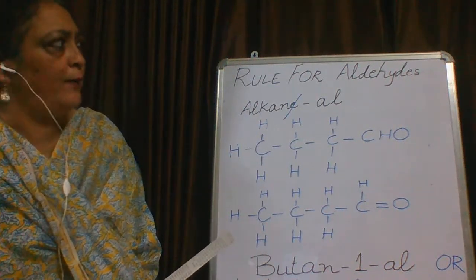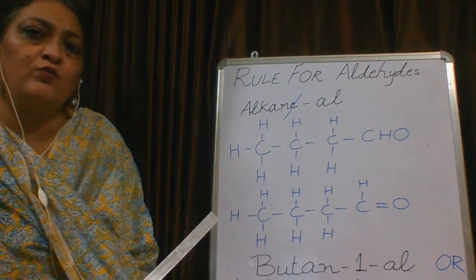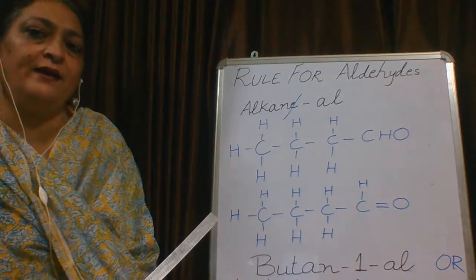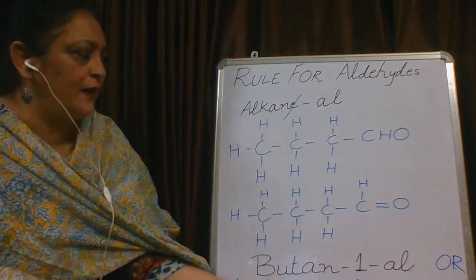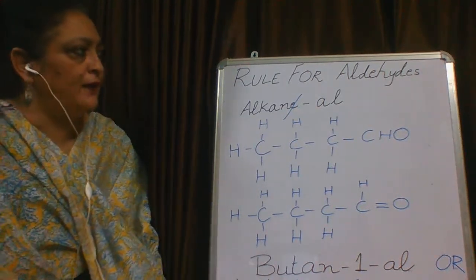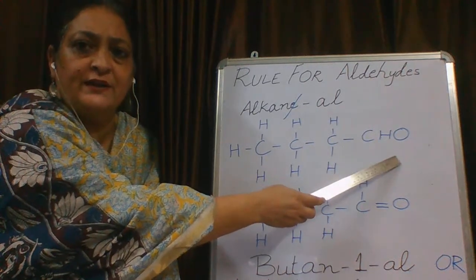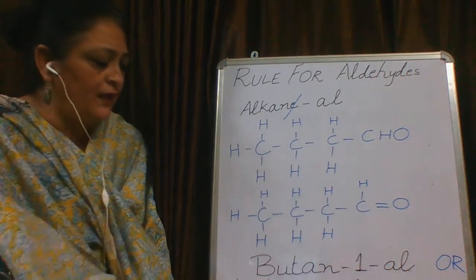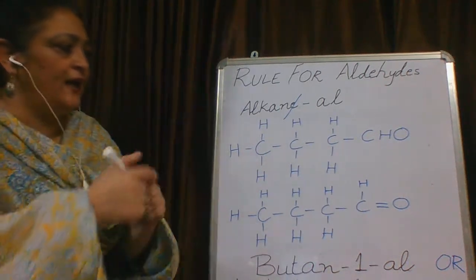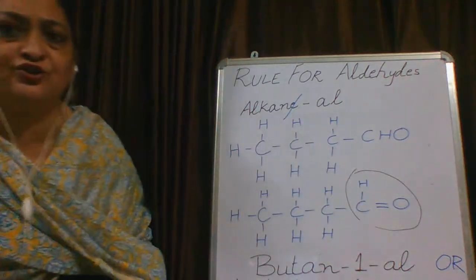In this video, I am going to teach you how to name an aldehyde. Actually, what is an aldehyde? Aldehyde is a functional group, and this functional group aldehyde is either you will see it as a CHO if it is in condensed manner, and if it is given in the structural form, then you will see an aldehyde as CHO. This is the structure.